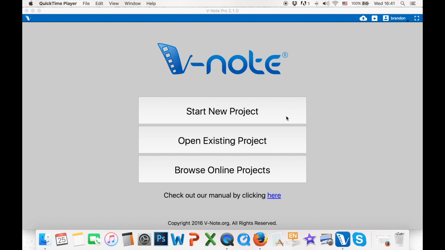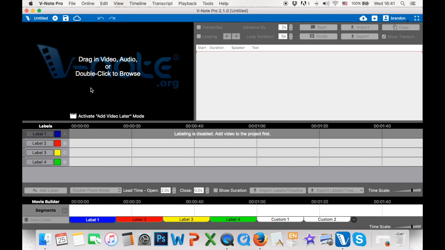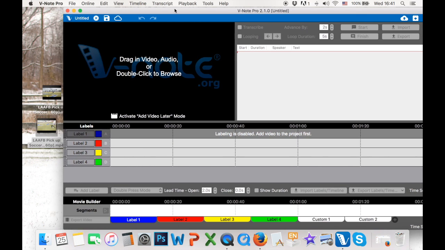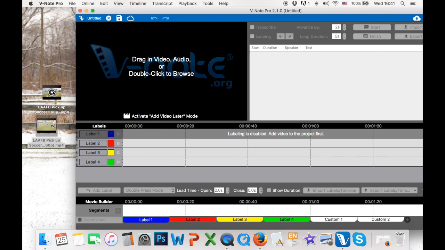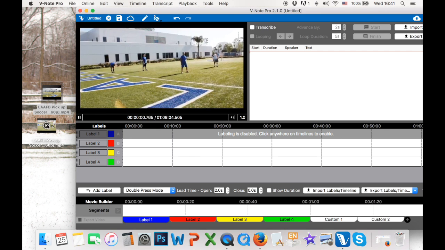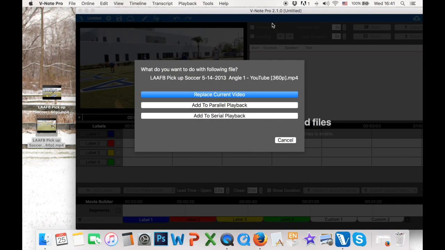At how you can synchronize video from different angles. So let's say you recorded the same game from 2, 3, 4, or even 5, or however many angles your computer can handle. What you can do, you can find those videos. Here we have 2. Just drag them in, and we're going to drag another on top, and you'll be given